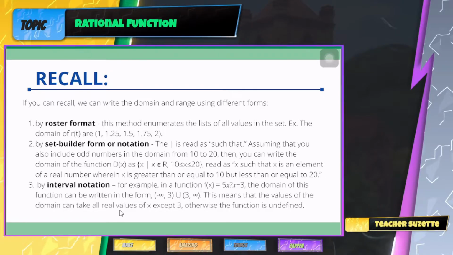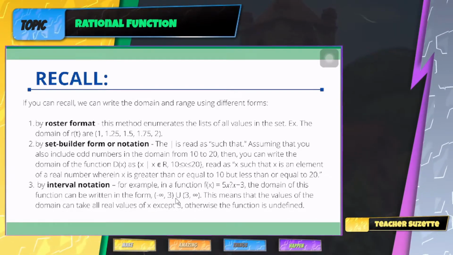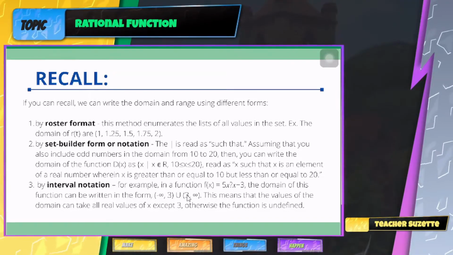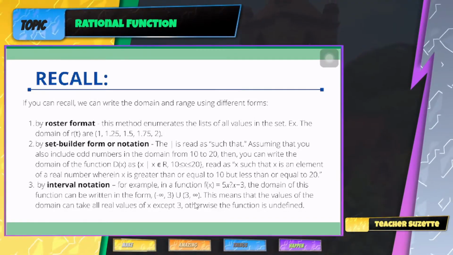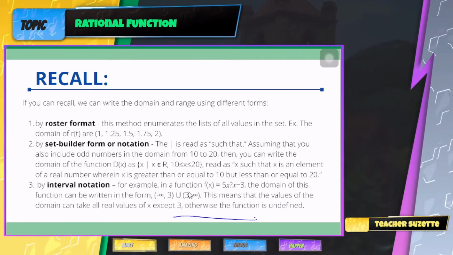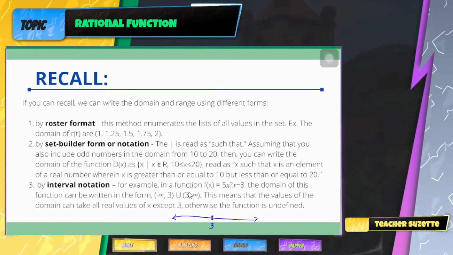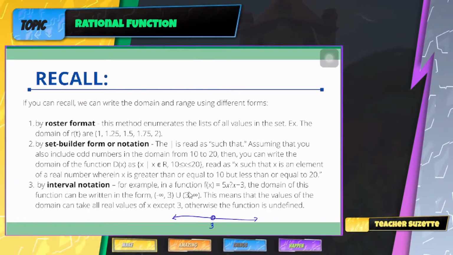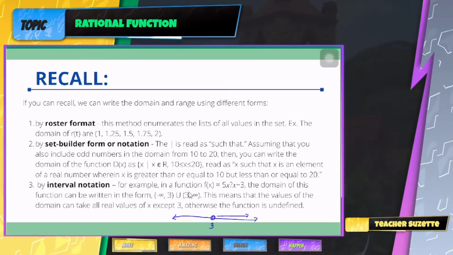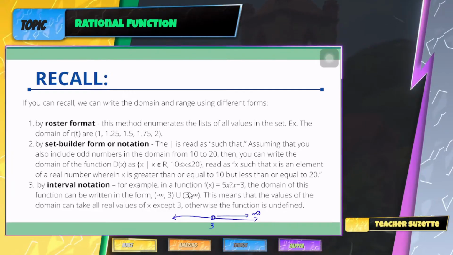Here, 3 is the limitation, and the parentheses around 3 imply that 3 is not included. On a number line, at 3 you have an empty circle. Then as you go to the right, as your value increases to positive infinity,